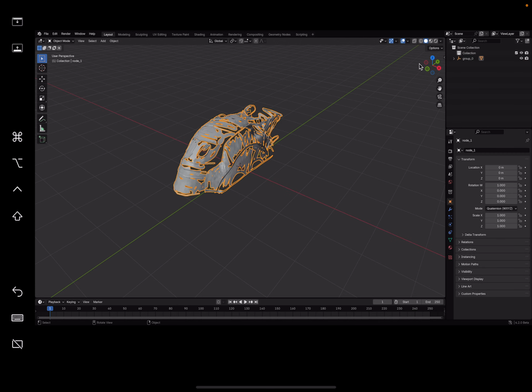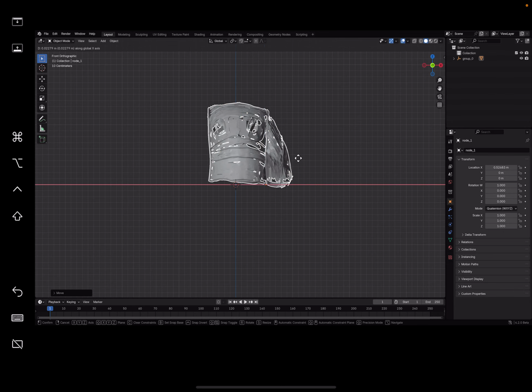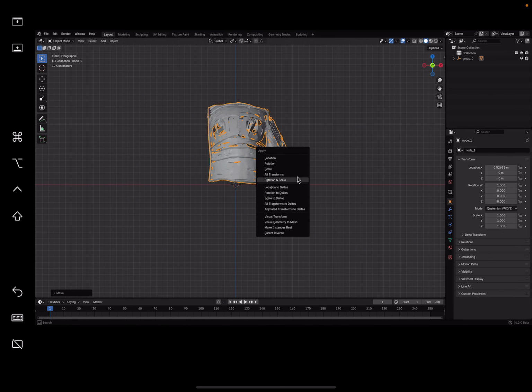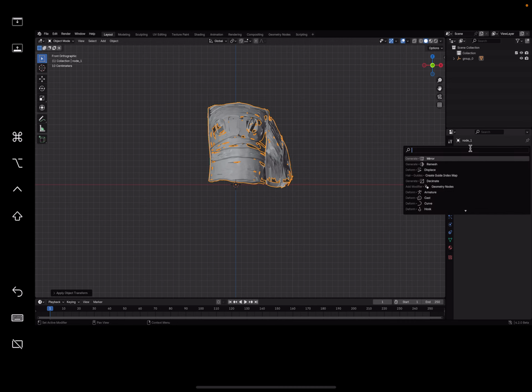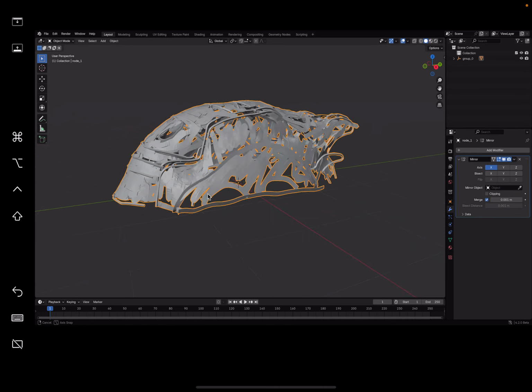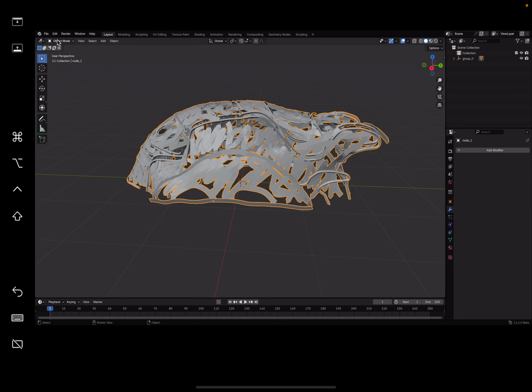There, you get this. Control A, apply all transform, just mirror, apply, go to sculpt mode,